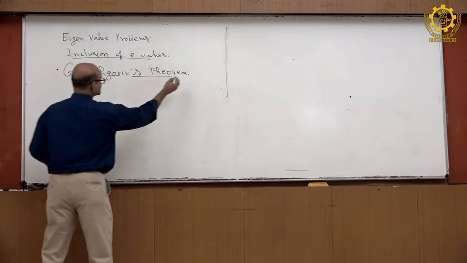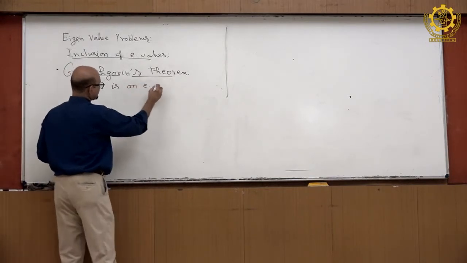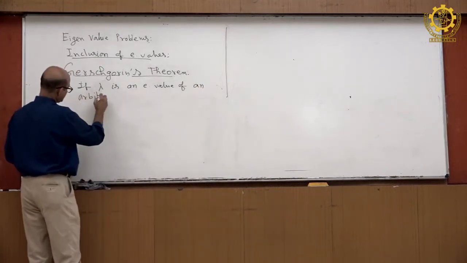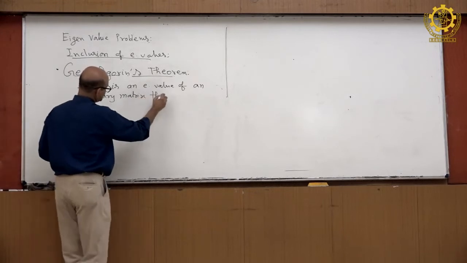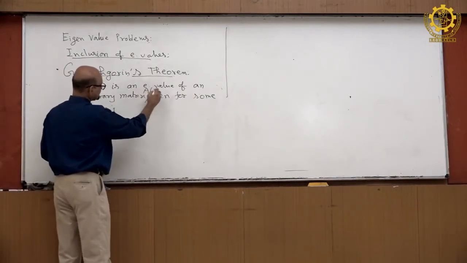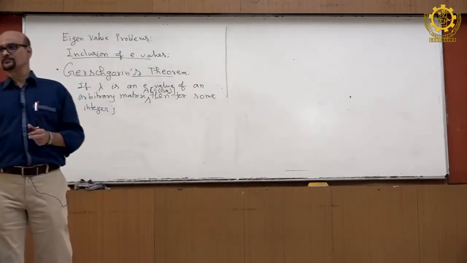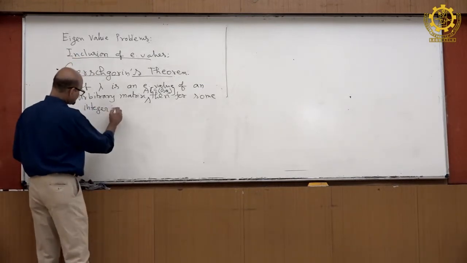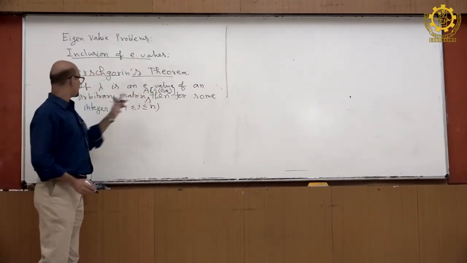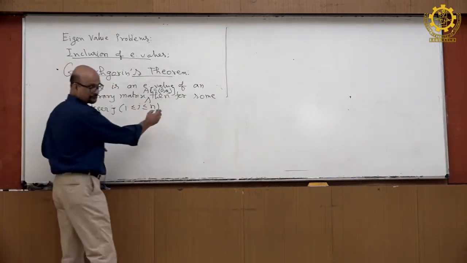So, now this theorem states that if lambda is an eigenvalue of an arbitrary matrix A, whose elements are given by A j k, j is 1 to n, k is 1 to n, then for some integer j, where j lies between 1 to n, we have